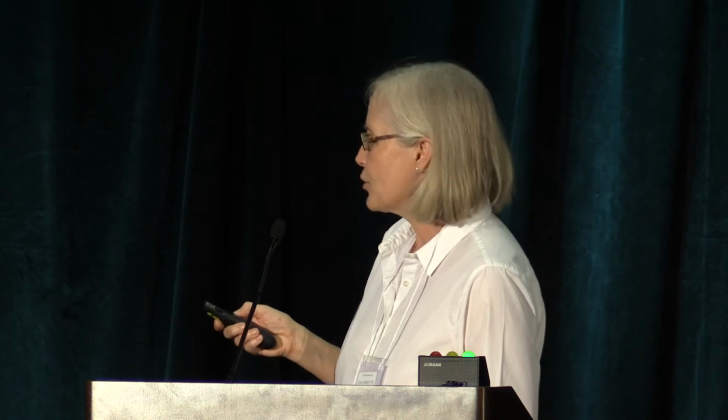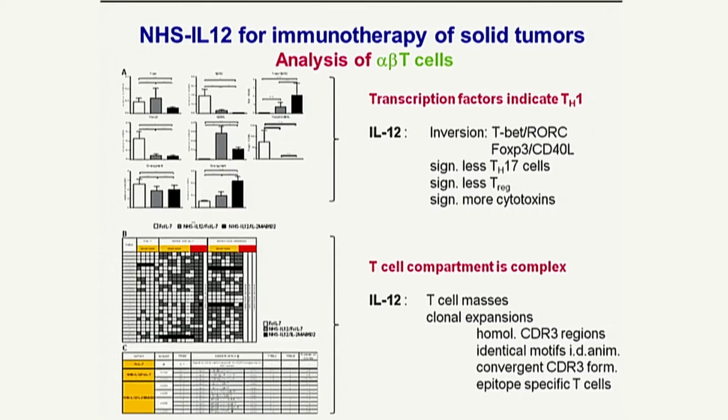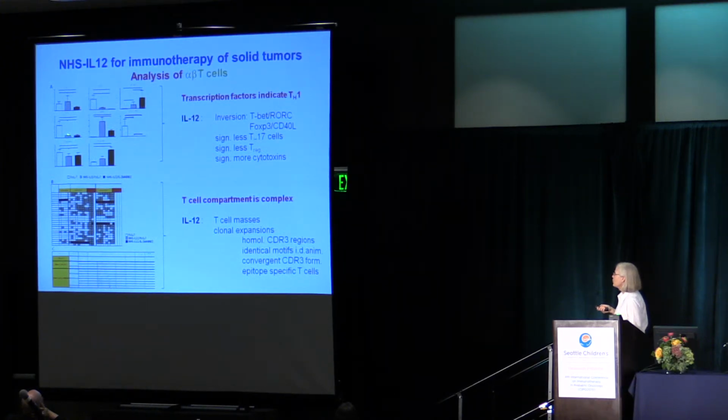We were not surprised that we had masses of Th17 cells in the IL-12, IL-7 cohort, and as we know, IL-12 can bias them into a Th1 phenotype, which was reflected in the molecular analysis of transcription factors because we found a significant downregulation of RORC, their lineage transcription factor, which led to an inversion of the T-bet/RORC ratio. We found a significant downregulation of FOXP3 due to IL-2 neglect in the IL-12/2 cohort and in the IL-12/7 cohort due to the killing by NK cells. We found significantly more CD40 ligand, leading to the inversion of the FOXP3/CD40 ligand ratio, indicating that we had an activated Th1